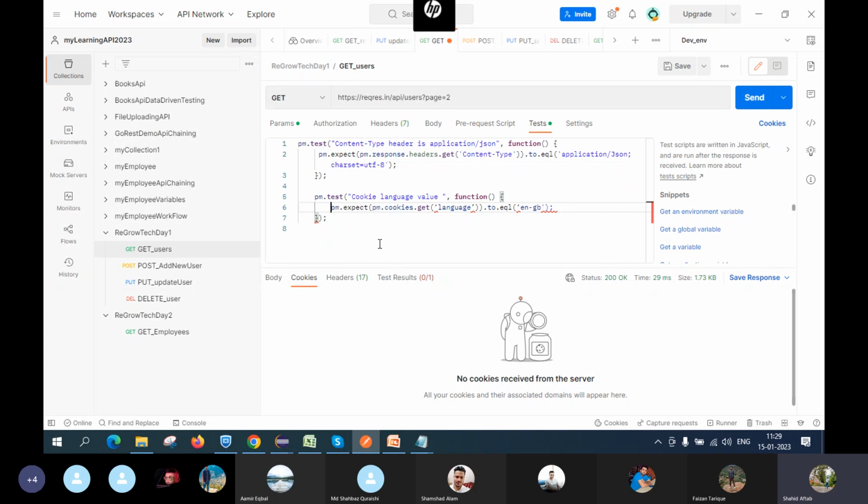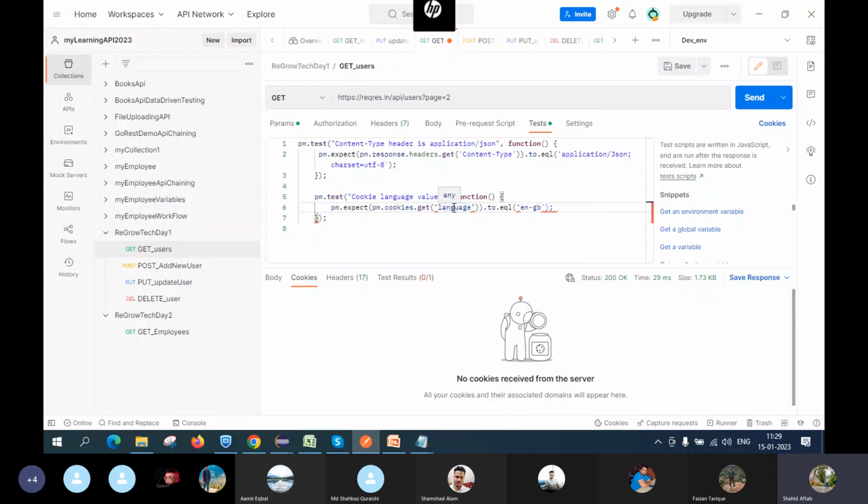तो कुकीज जहां जनरेट होगा, you can just check for this one, क्योंकि जैसे यहाँ पे हेडर दिख रहा है तो 17 हेडर्स हैं, रिजल्ट है, वहां कुकीज होगा तो कुकीज का भी यहाँ पे एक आ जाएगा, how many cookies are generated, उसका नाम, उसका कितना मेमोरी है, तो वो उस तरह से लिखा जाएगा। तो तुम वहां पे उसका टेस्टिंग कर सकते हो, ok. So this is the cookies validation code, how you will write same pm.expect pm.cookies, and all these things are also available in the internet. You will just search how to validate cookies, you will be getting।